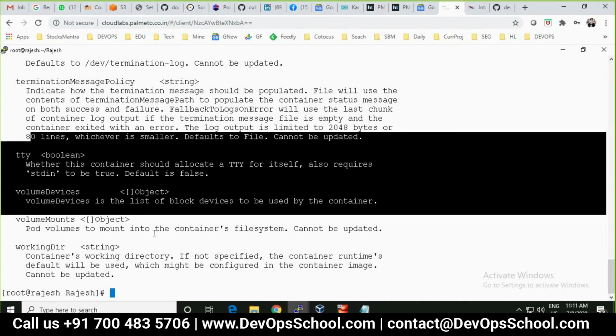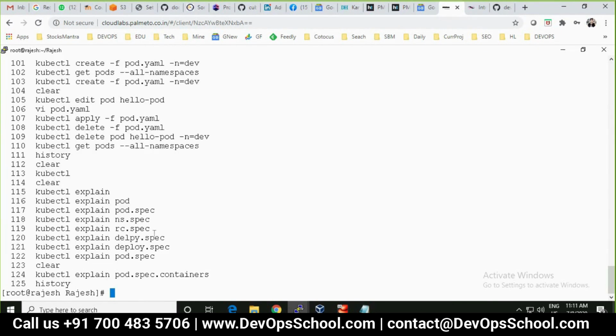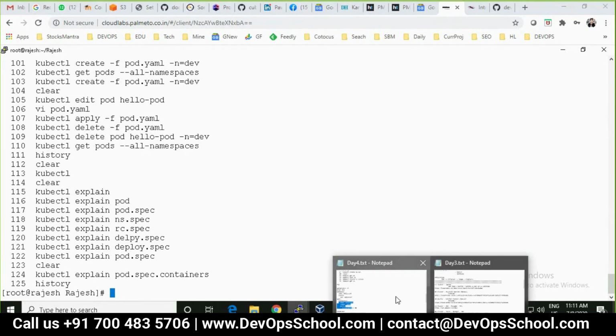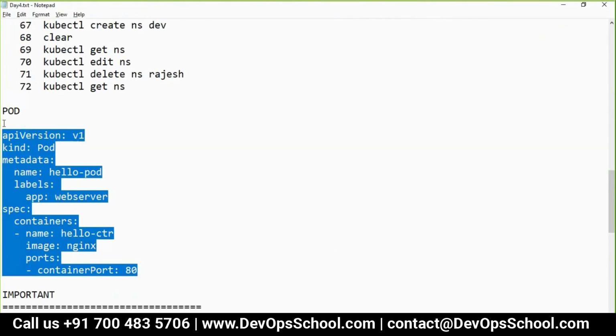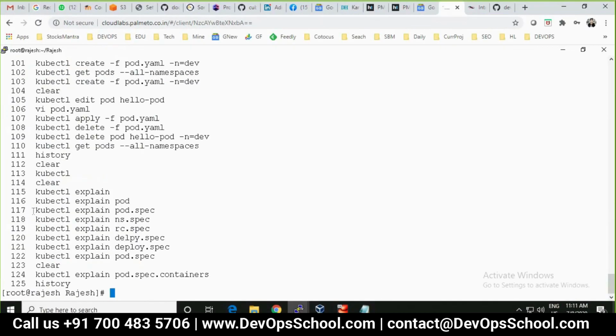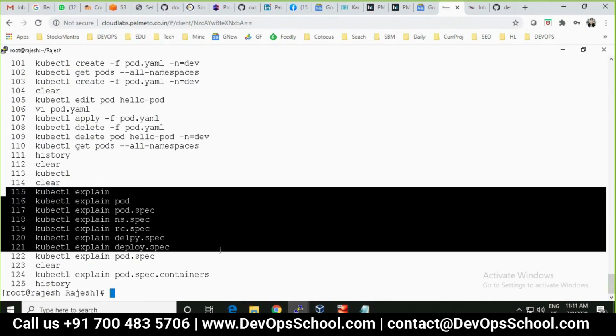So that's the reason I always decide to teach you the pattern, because there are more than 60 API resources. For each resource there are tens of fields. For those tens of fields again there are tens of fields, and for those again there are tens of fields, and each of these has a significance. So don't get lost. Understand the pattern, but also learn the explain command. If you want to know how to find what the fields are, ask Kubernetes, not Google. Run this command.